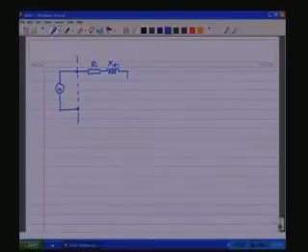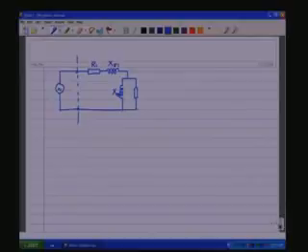This is followed by the magnetizing reactance and the core loss component,